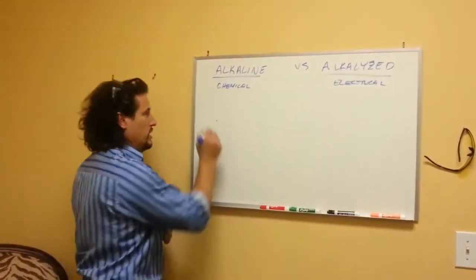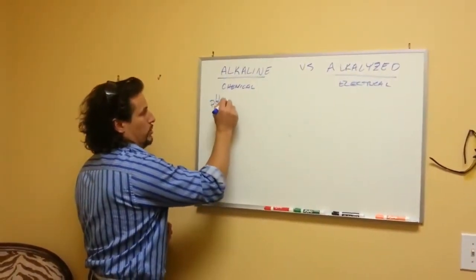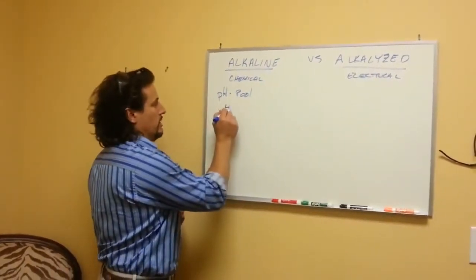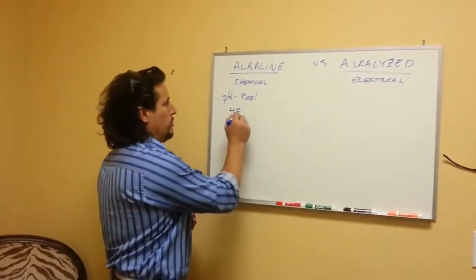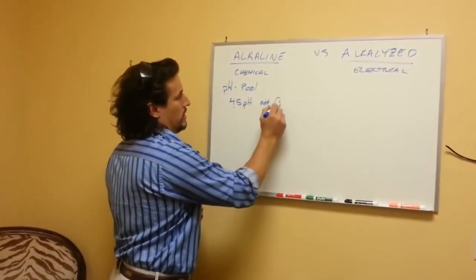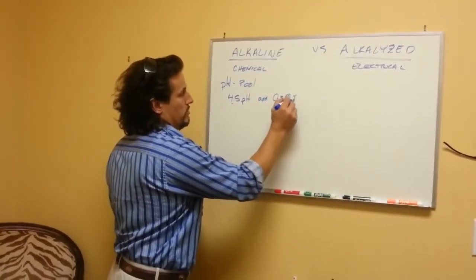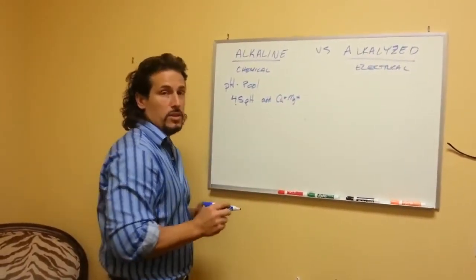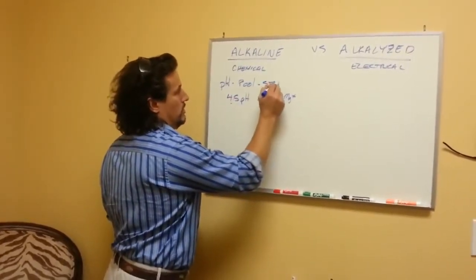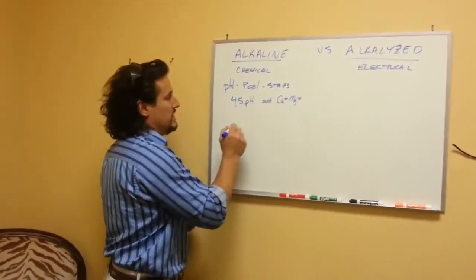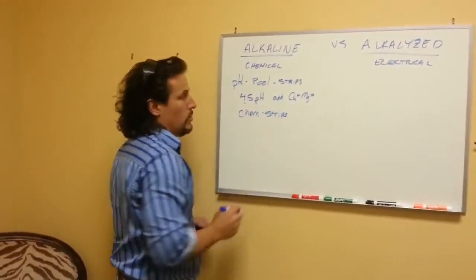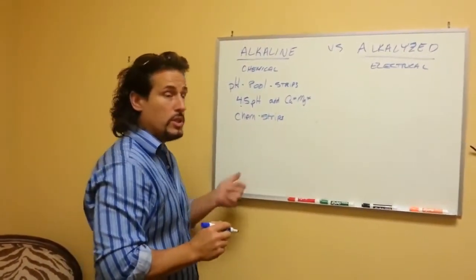If you were to use your pH strips, like for a pool, and they test the chemicals and the water comes out at, say, 4.5. Well, with a pH of 4.5, you would then add either calcium or magnesium or something like that to increase the alkalinity. What the pH strips are looking for, they're actually known as chem strips,